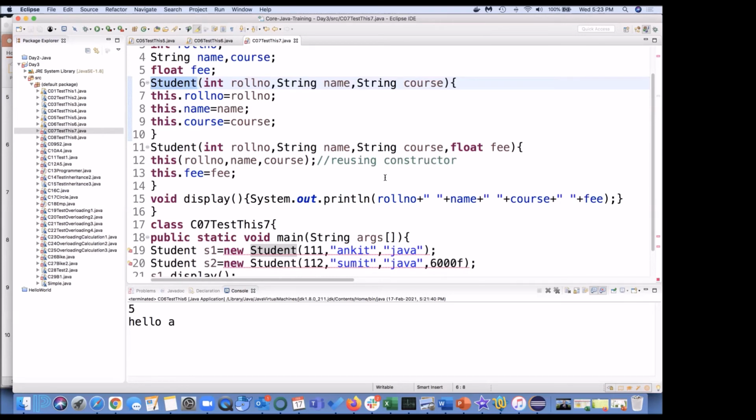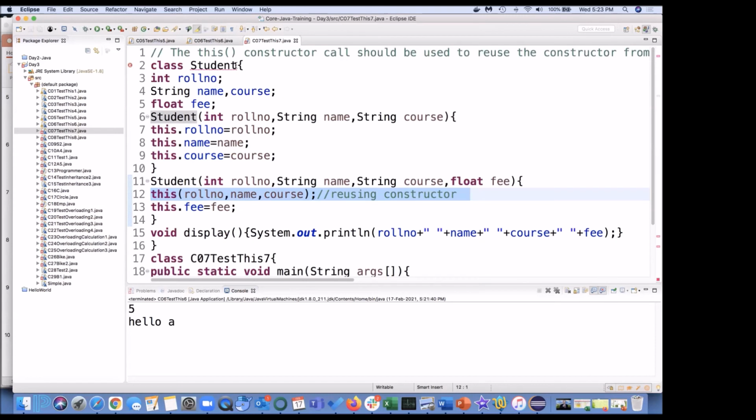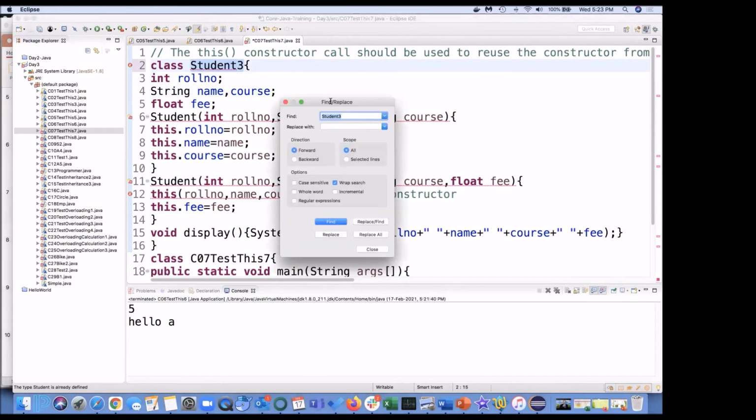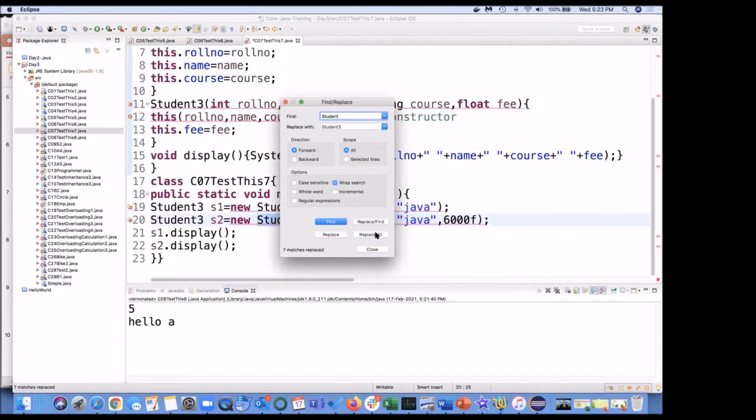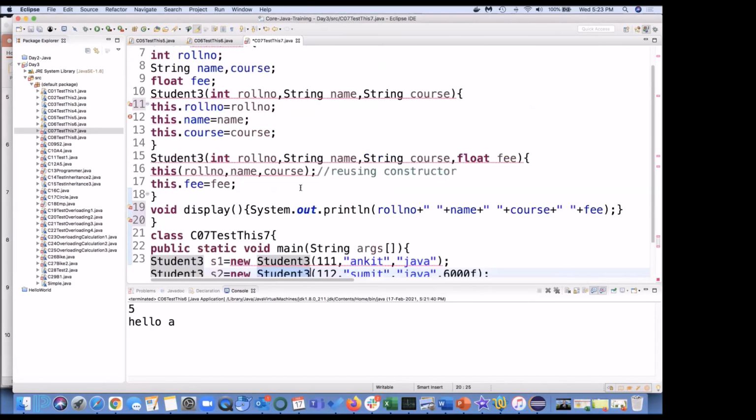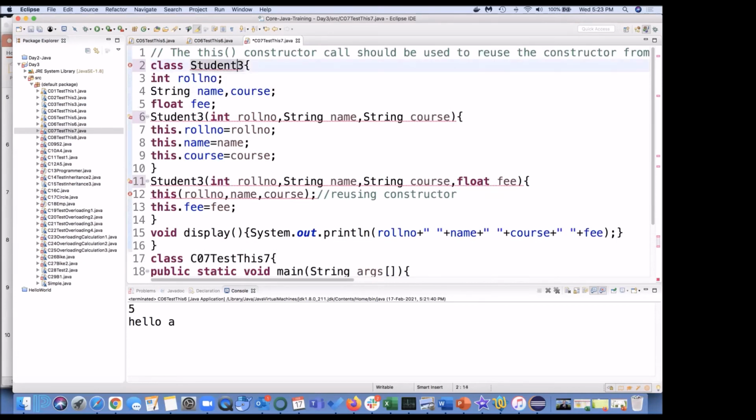Basically we are executing this function only to understand this. Oh, so we have Student 3? No, Student 3 is not available. Student 4, same thing. Replace all, and remove 1 3 from here.